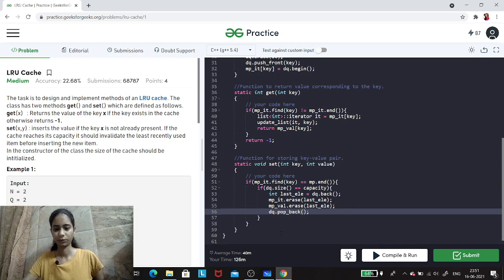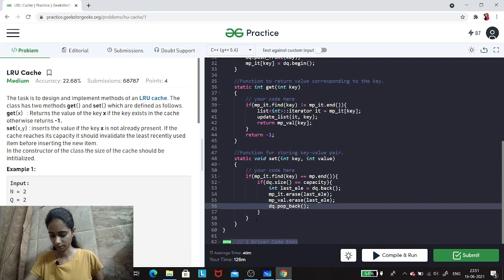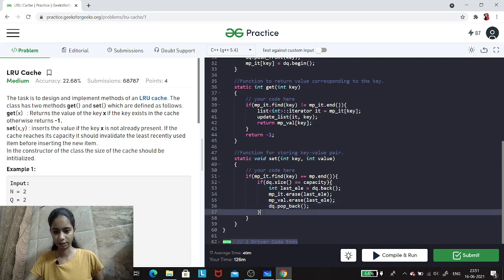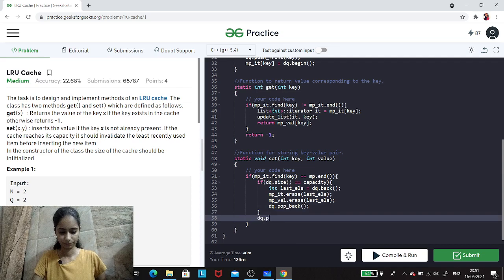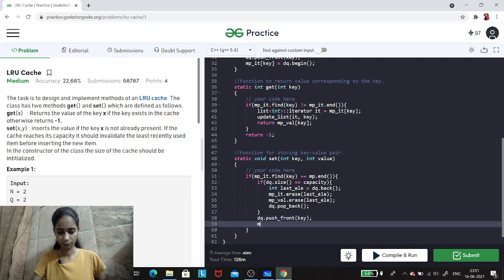from the list. Now once we are done with this, we have emptied it, right? But still we need to push in the new value, right? So what we do is we push it into the front, that is our new key, and we'll update in the map.